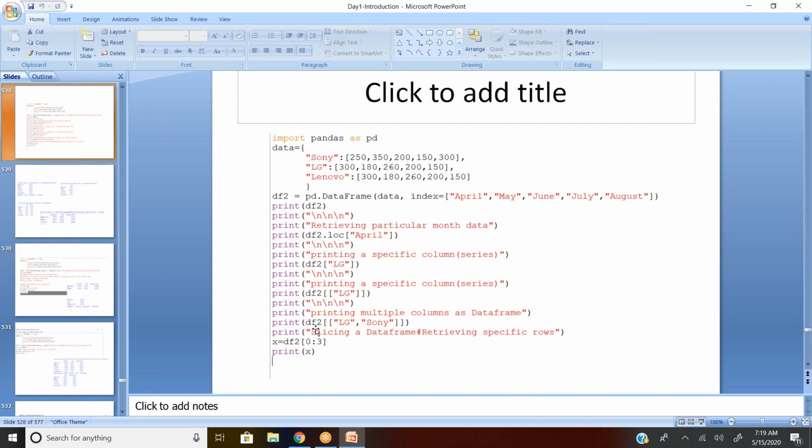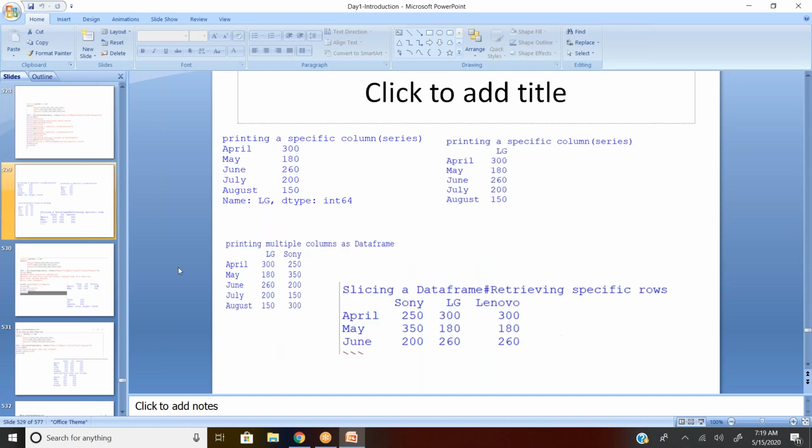Since I use double square brackets, column names will be there. You can see column names are there and it is created as a subset of the data. Instead of three columns, I am getting two columns. Are you getting the point?